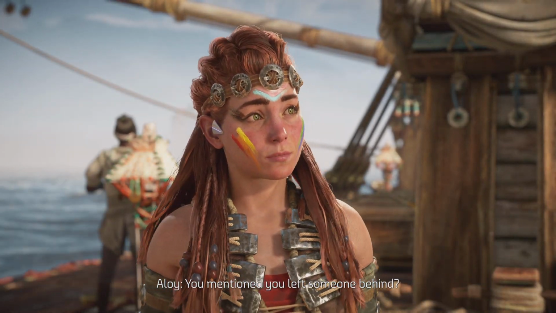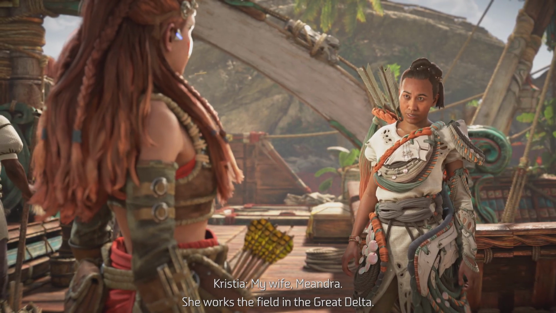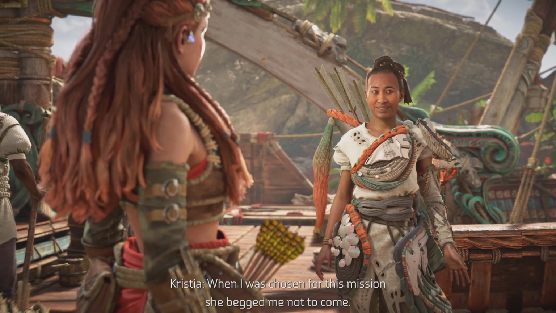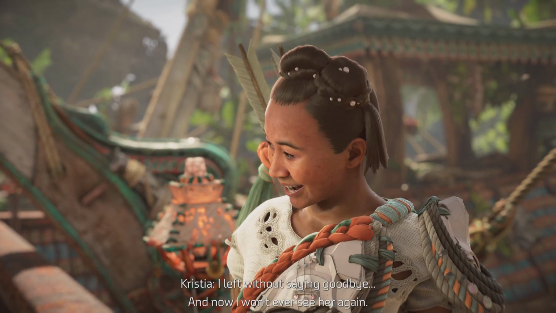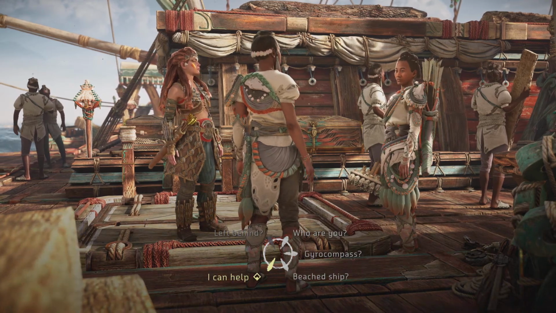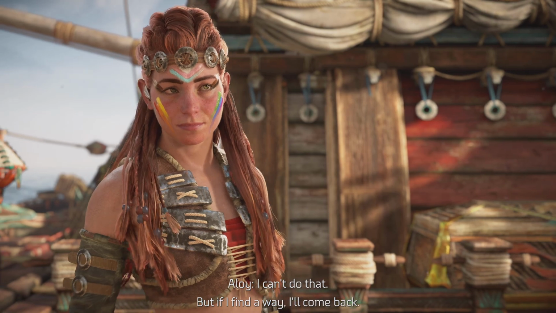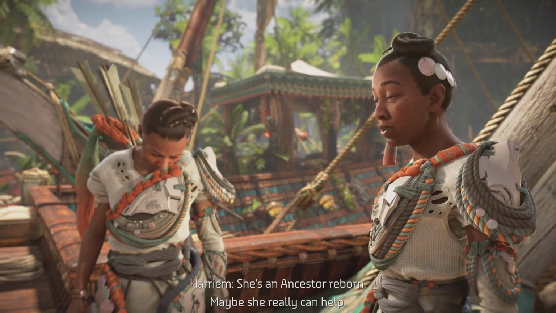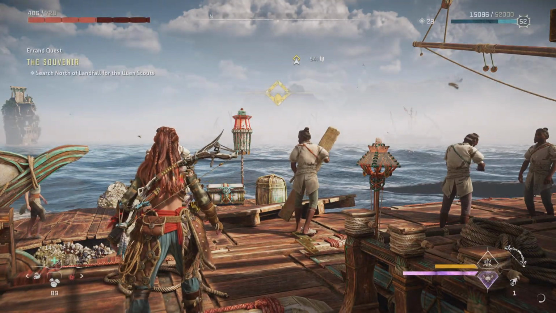You mentioned you left someone behind? My wife, Meandra. She works the field in the Great Delta. When I was chosen for this mission, she begged me not to come. She was scared I wouldn't return. I left without saying goodbye, and now I... Maybe I can help. Not unless you can... I can't do that. But if I find a way, I'll come back. She's an Ancestor reborn. I will not let myself hope just yet, but...